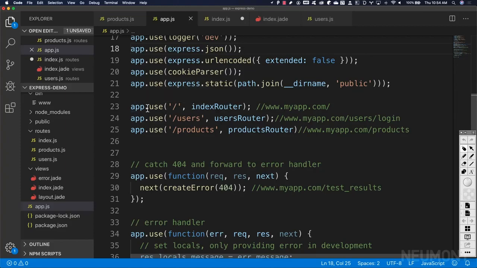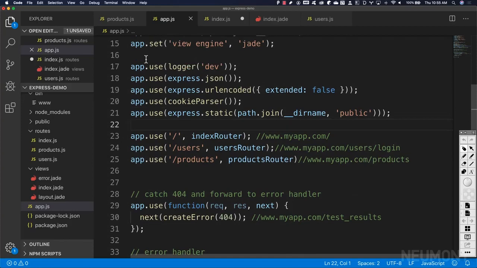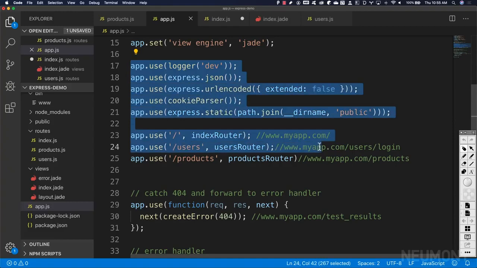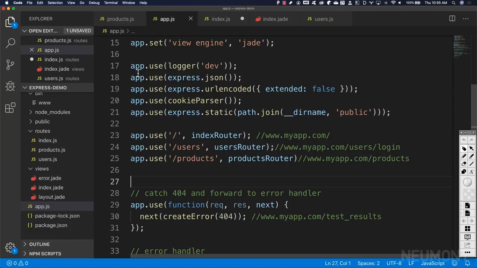And here you can see we actually inject our custom route handlers. We've got our index one, which came when we used the Express generator, but then we added our own users one and then a products one. We can see that these route handlers are actually injected into the app's execution using this app.use. All of the middleware that gets put into our application is executed in order through the chain of that HTTP request as it gets processed by Express. And so the order in which you add your use statements with your middleware, that's the order of execution that